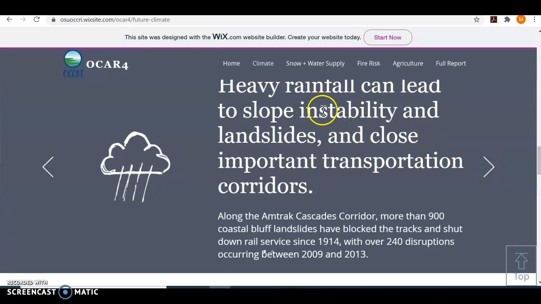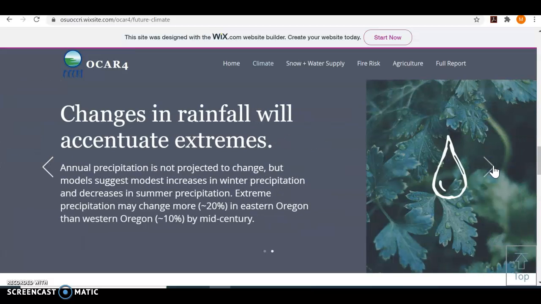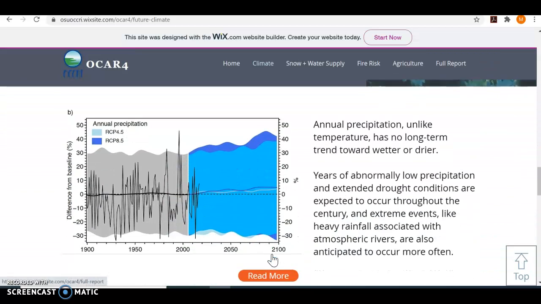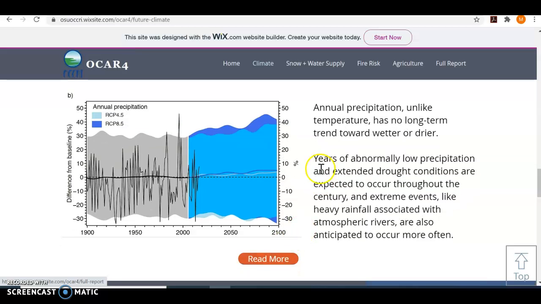And when you get heavy rainfall related to that, then there are things that happen. Unstable slopes, landslides, closing highways, this sort of stuff, and they give an example of that. So then let's see, we're almost to the end. Said a little more stuff in it, but